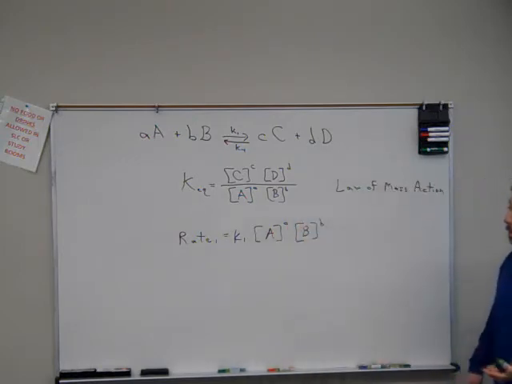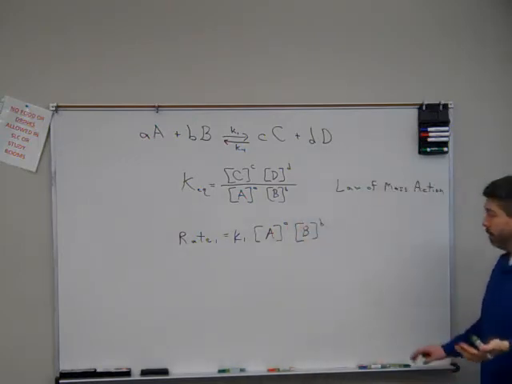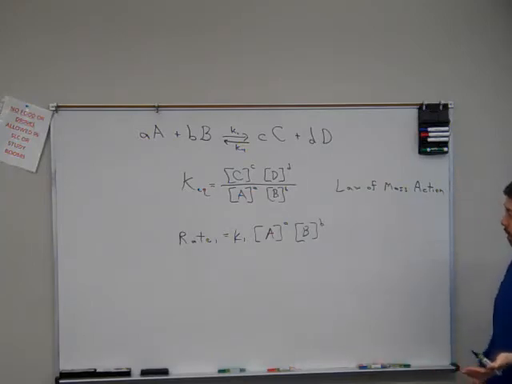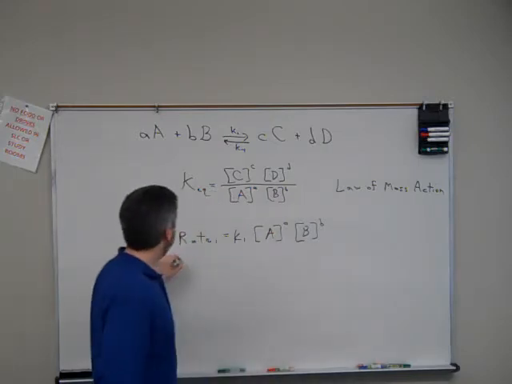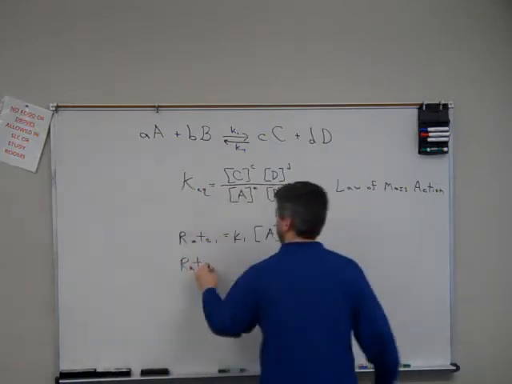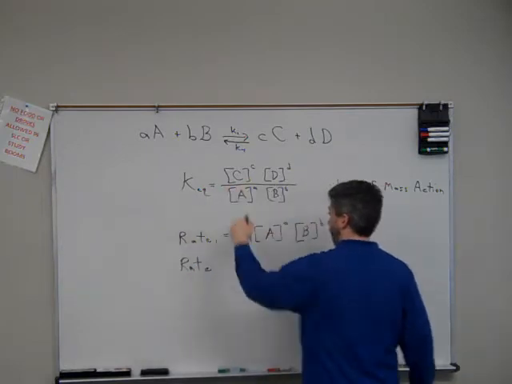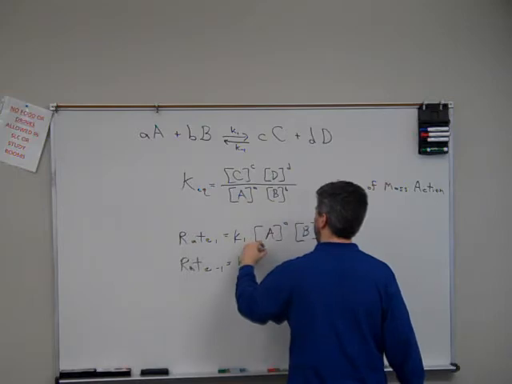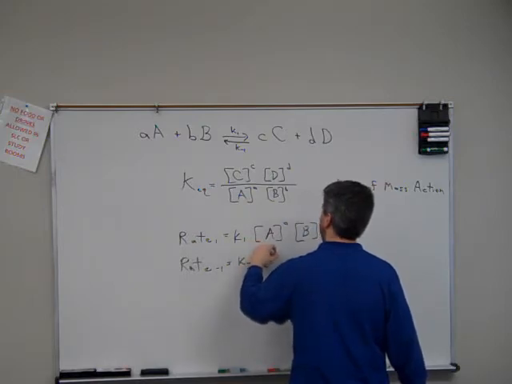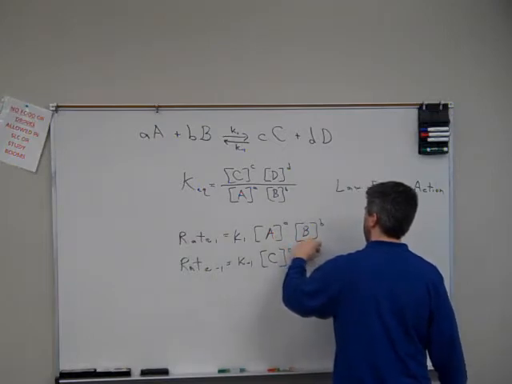Assuming it's an elementary rate equation, it's not a more complex mechanism. But even if it's not, this relationship still holds valid when you set up the ratio here. But rate -1, the reverse rate, K -1 times the concentration of C to the C power, D to the